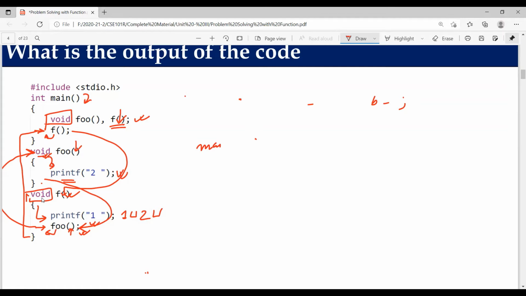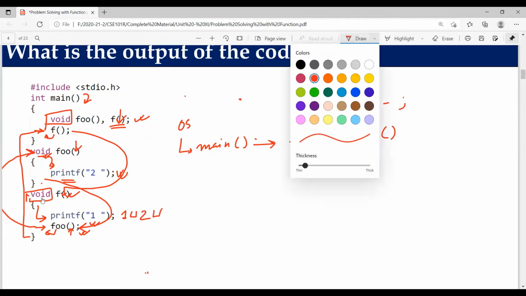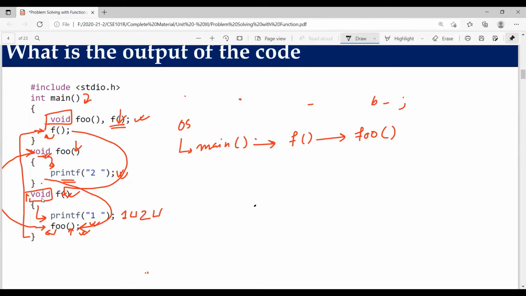First, the main method gets called by whom? The main method gets called by the operating system. Second, the main method is calling the function f, and the function f calls another function, foo. When you're discussing functions, there are always two concepts: calling function and called function. Here you can see the main method is called by the operating system using some module, definitely. So here the operating system is calling whom? Main. So main will act as a called function, called by the OS, operating system.